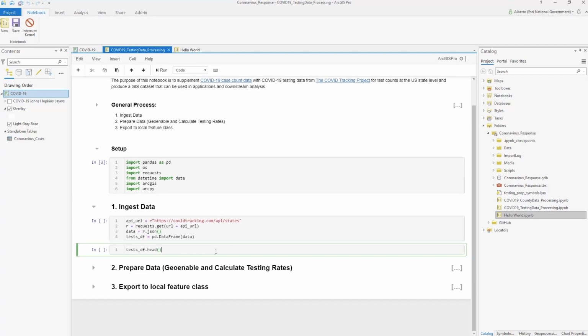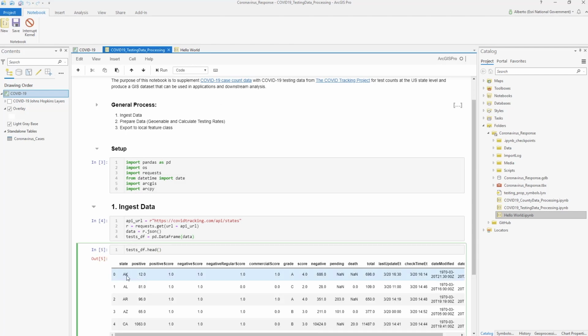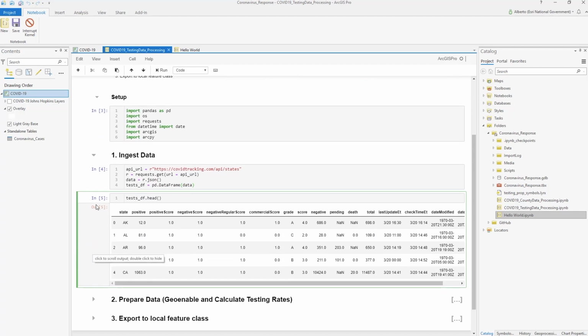Within the ingest data part, we have a few cells that really just connect to that API that I briefly showed you. And a useful part of notebooks is also the ability to use pandas data frames in Python and visualize them directly within the notebook, which helps them stand out from other development environments that maybe resort to seeing that at the end of the execution of the script. So over here, we see the data set pertaining to each state's amount of tests. Additionally, we have other metrics that may be of interest, and also importantly, the last update date for that particular